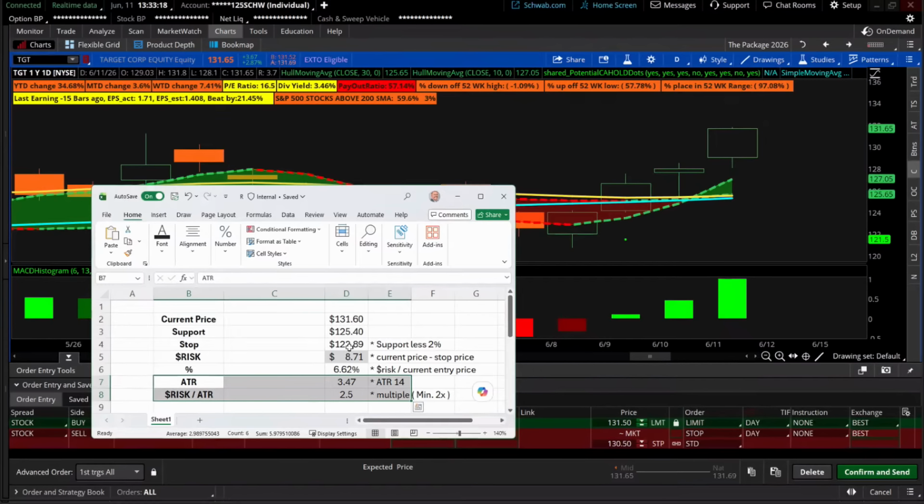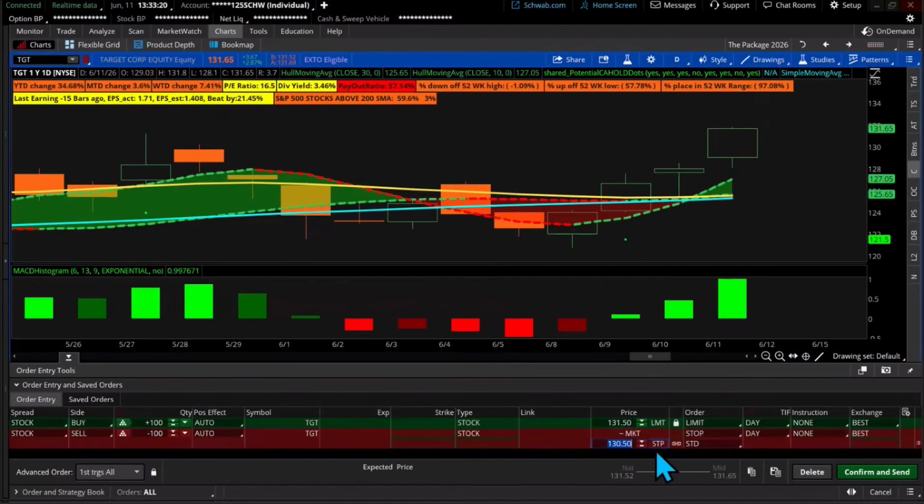So that stop, we're going to type in 122.89. Okay, 122.89. Now, remember how the stops work. If these shares are purchased and that stock goes to 122.89 or lower, it could fill at a lower price. That is not guaranteed to sell at that price. It's a trigger to sell. So the con is we don't know where it's going to fill. If it gaps down, it can fill at a lot lower price than what we thought.